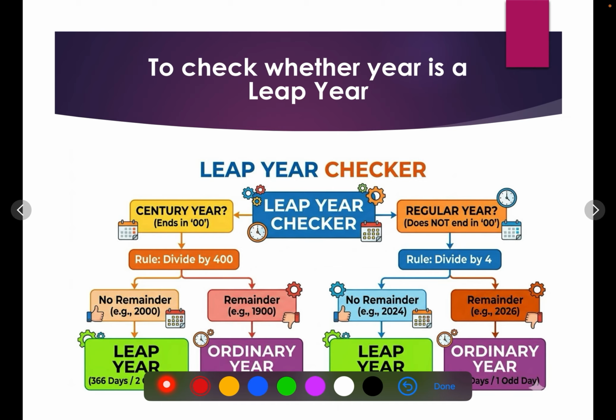Now, one thing you have to understand and you should know how to check whether a given year is a leap year or not. So it has few steps. One, if it does not end with 0, if it is any other number which does not end with double zeros at the last, then the rule is: divide by 4. If there is no remainder, it is a leap year. If there is a remainder, then it is an ordinary year. Next, if it is ending by double zeros, then the rule says divide by 400. If you divide by 400, you have no remainder, then it is a leap year. If there is a remainder, then it is an ordinary year. Simple.